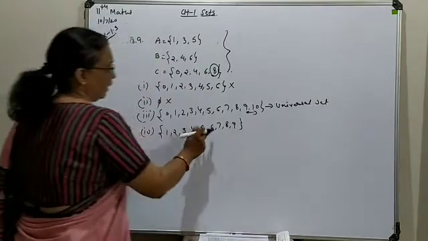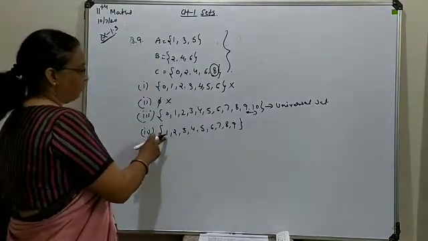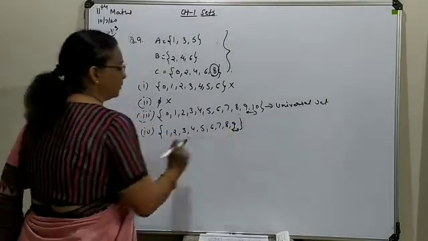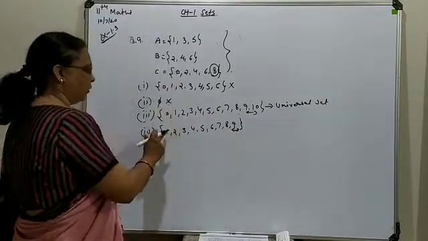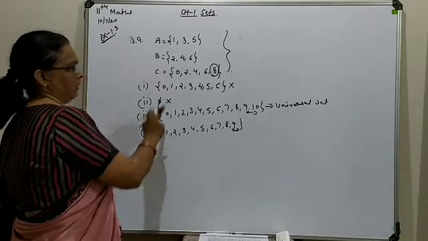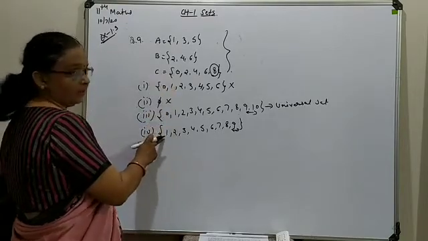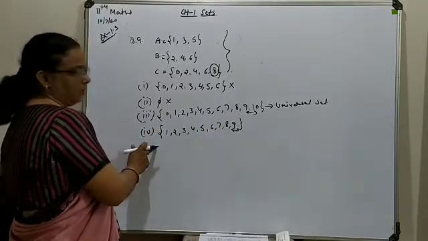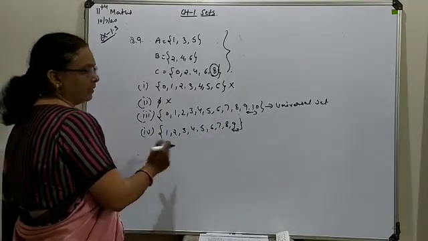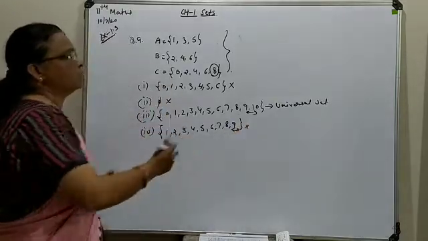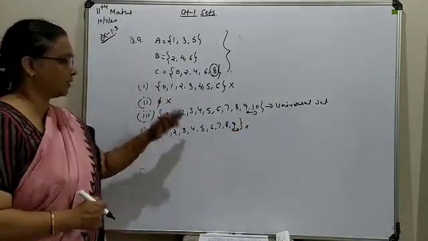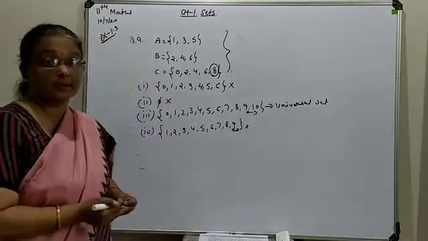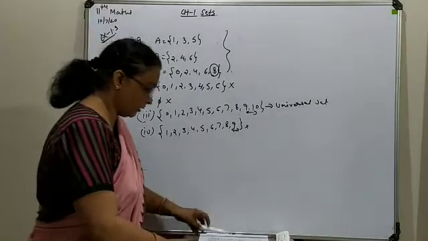Last one, from 1 to 9. Here this 9 is the extra one, so that is not an issue, but this 0 is not written here. So this 0 is excluded here. It should be here to make this set a universal one. So this will also not be considered a universal set. So this way you have to classify which one is to be considered a universal set and which one not. So this is all about subsets, interval form and universal set.